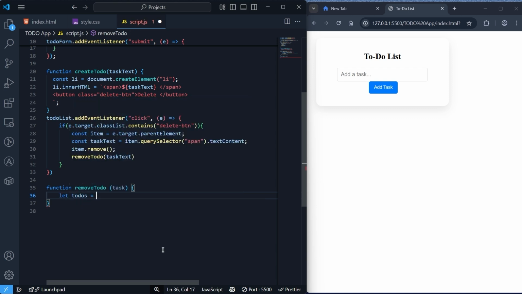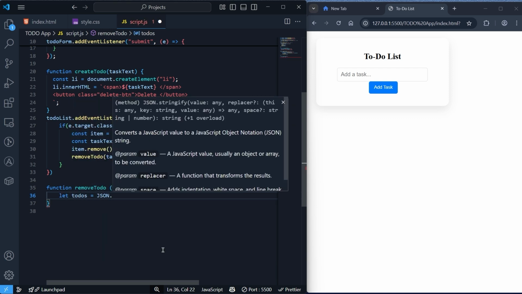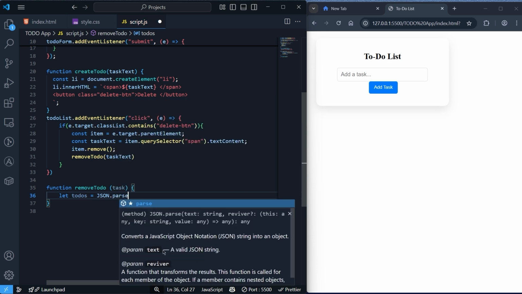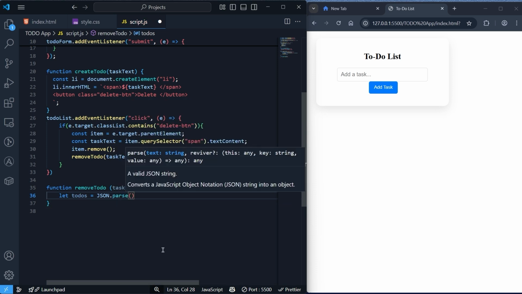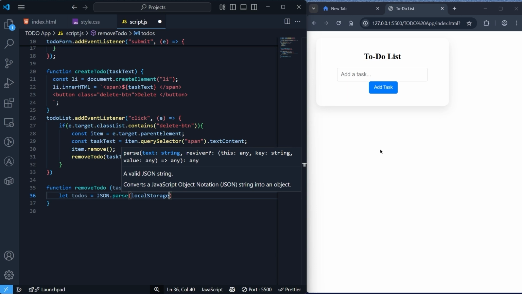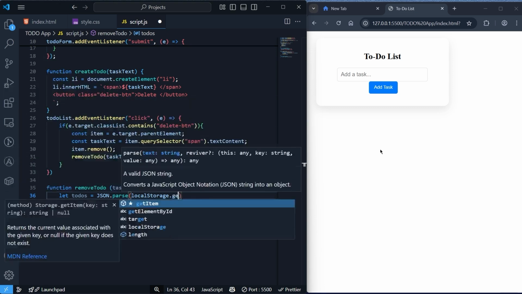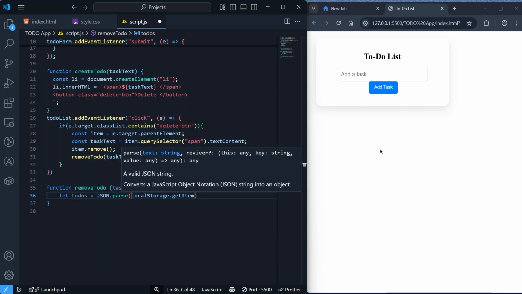Let todo is equal to, so it will be a JSON.parse of local storage. We have to delete it from local storage. It's not like you can just delete it from here and keep it in the local storage, so that when you open it again, it will pop up again. So localStorage dot, you have to fetch that item which you have to delete. Get item,